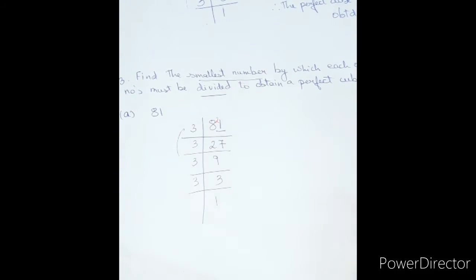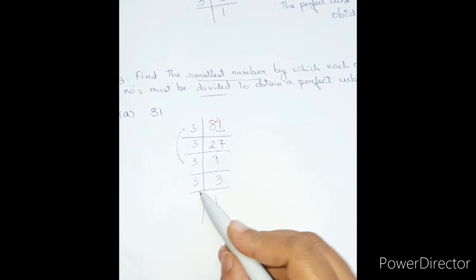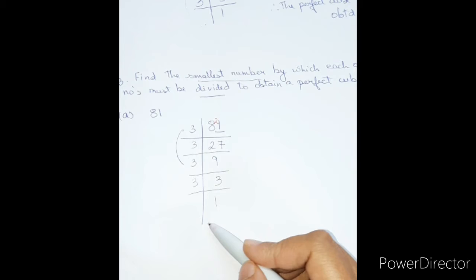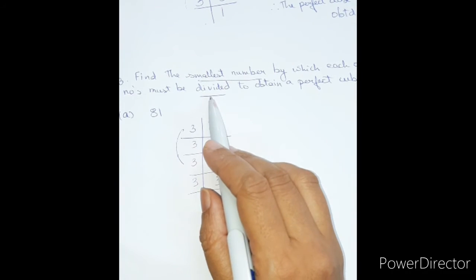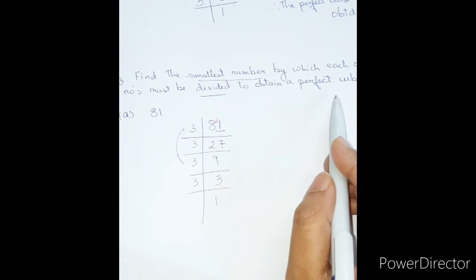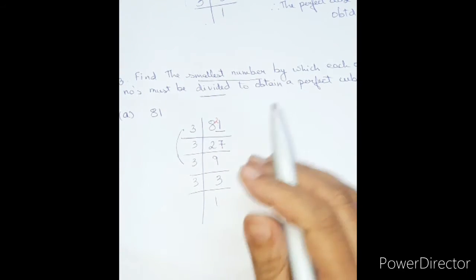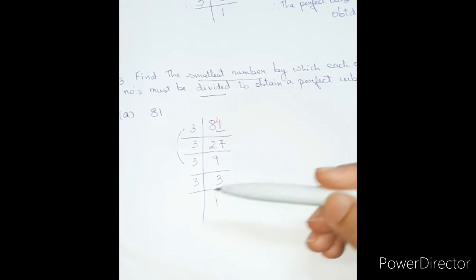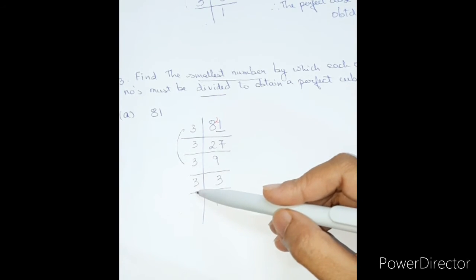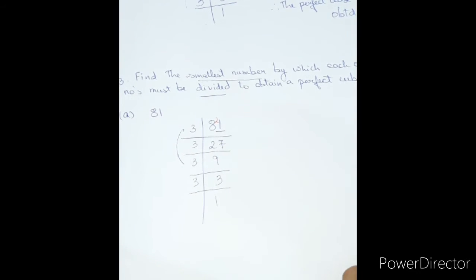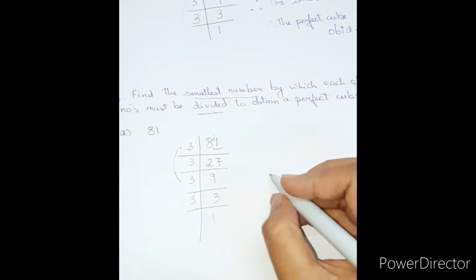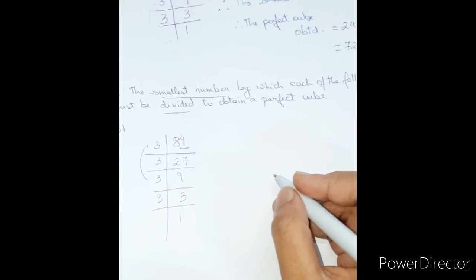Here we are getting one group, but we need 2 more, which is not possible, and we have to divide it to obtain a perfect cube. So the smallest number which we need to divide to make a perfect cube is 3, because we don't require this one. So divided means you have to make one less. Multiplied means you have to make one more extra, just one. So therefore we will write here,